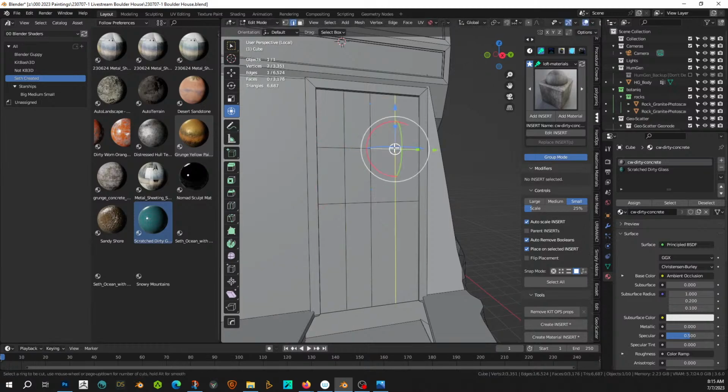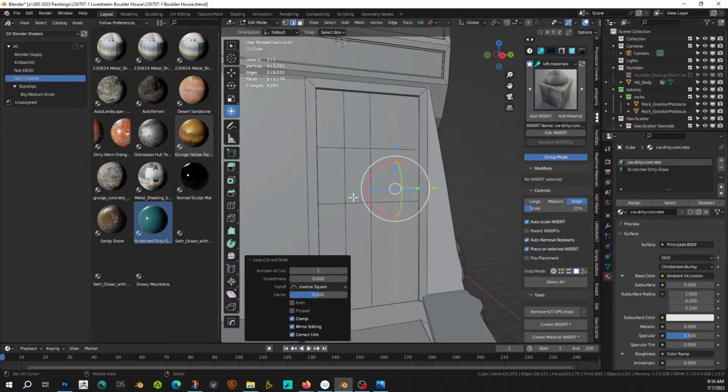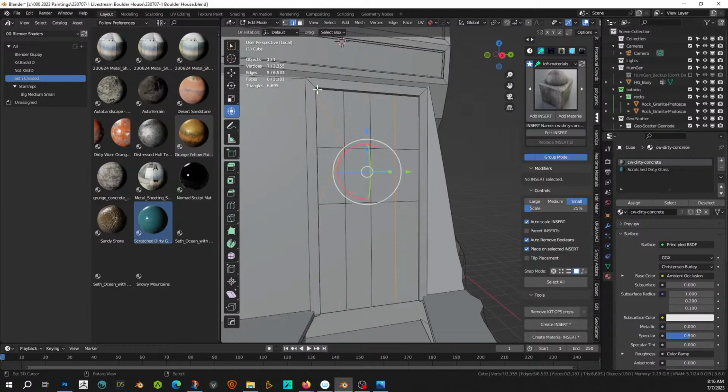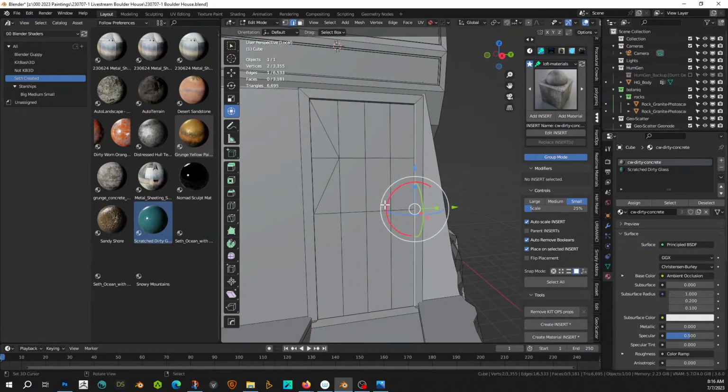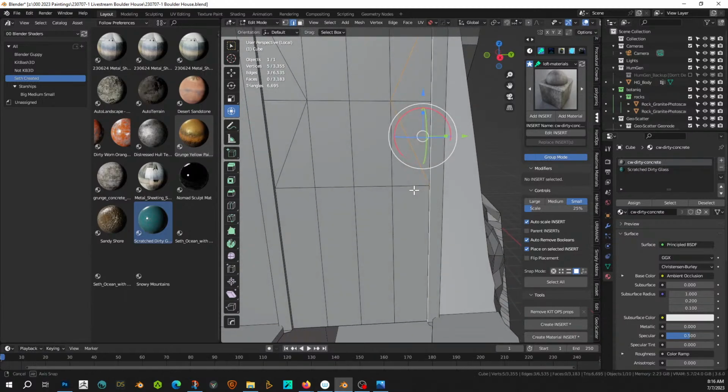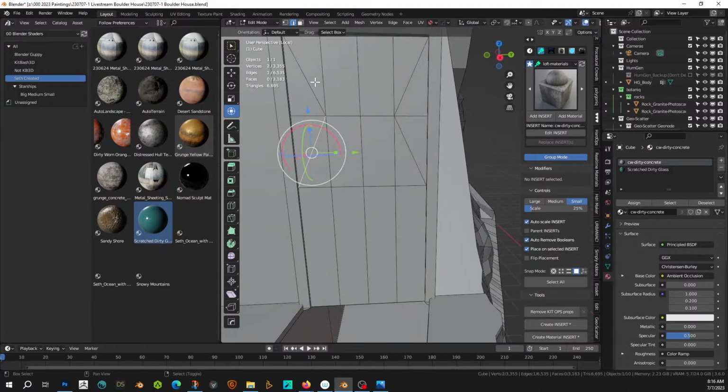And Control R, subdivide that. Now I can K from here to here to here. And K from here to here to here. Right? Yep. If I select those, just those,